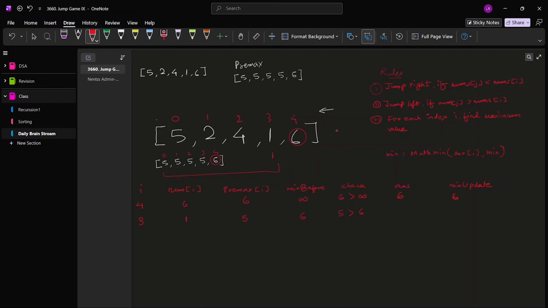If there is no element smaller on the right hand side, what we'll do, we'll just update the pre-max, and pre-max is nothing but 5, and we update our min। min में 6 था, array of I is equals to 1 है, so we'll update 1। now we'll move to second, here we have 4,